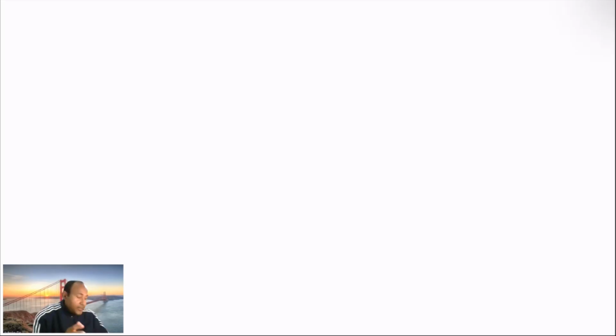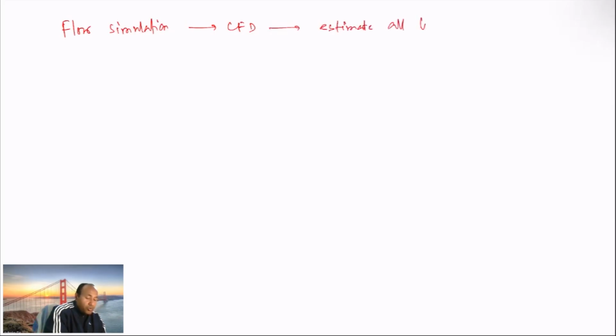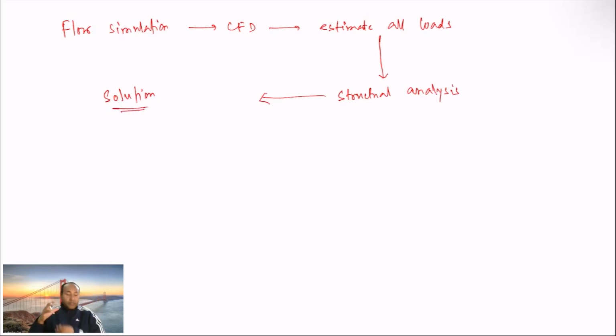These are standalone ways. For flow simulation, one can use completely CFD, then estimate all loads, then do structural analysis and find out the solution which can be used for design purposes.